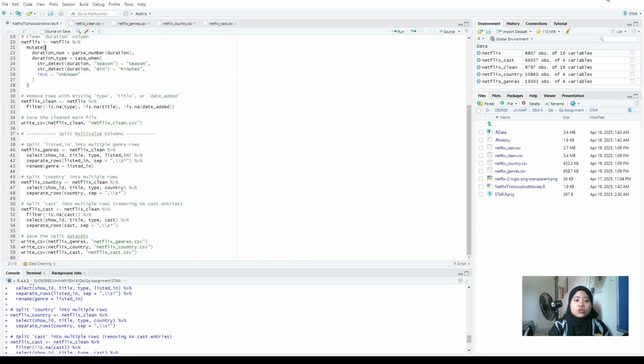So today I will be presenting our Netflix data analysis project, focusing on how we process raw Netflix data and transform it into an interactive dashboard. So for our script code,